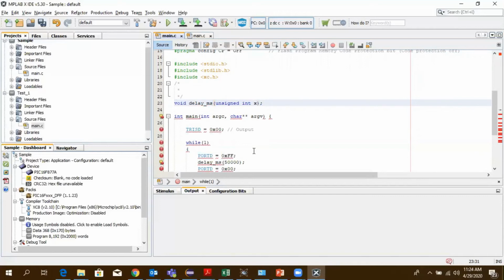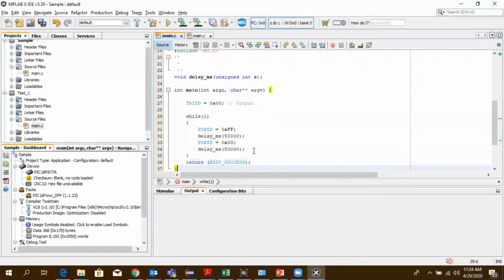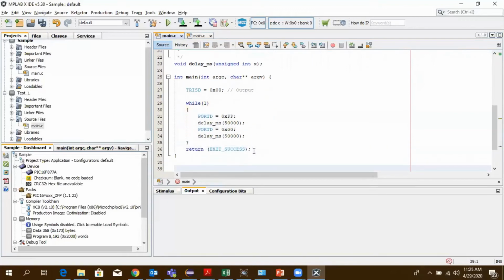Don't worry about the coding style or other things. You'll come to know when we have the detailed session for C programming. For now, we have created a declaration. The function definition we will create.